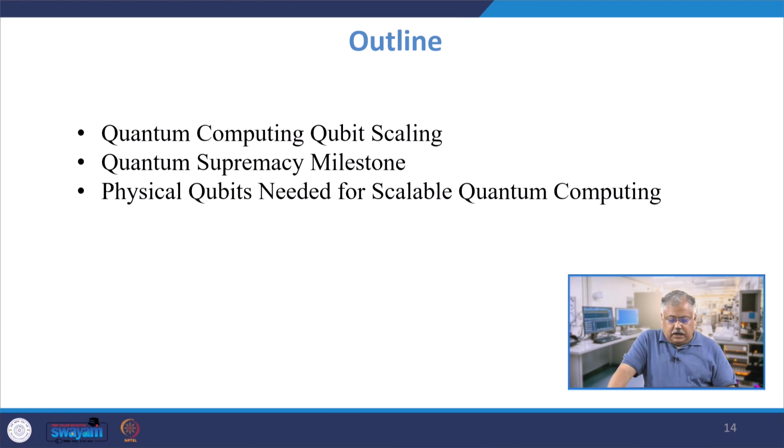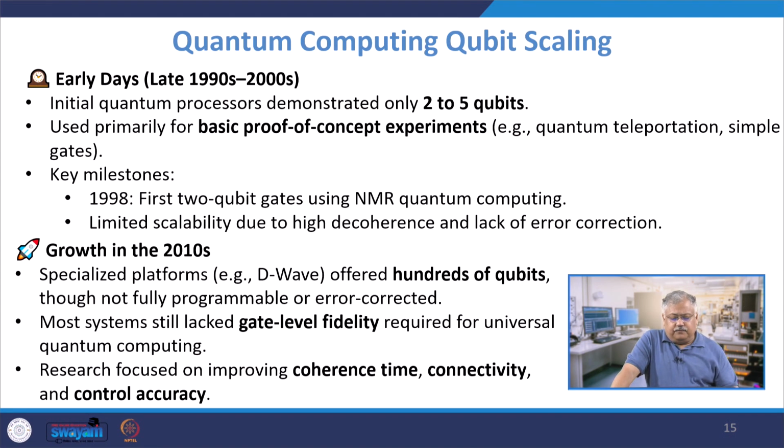So, let me quickly go to quantum computing qubit scaling, and let us look at the milestones achieved in quantum computing as a sort of historical background, and what are the physical qubits needed for scaling quantum computing. So, the very early days were around the 1990s and 2000, when initial quantum processors demonstrated only about 2 to 5 qubits. Anything more than that was not developed at that point of time, and it was more of a